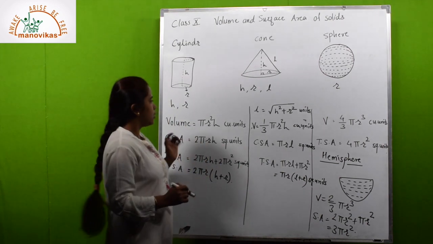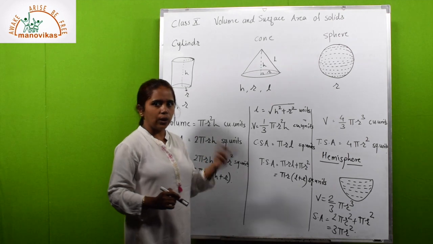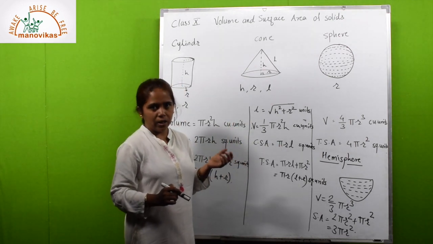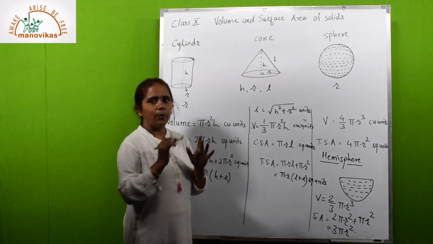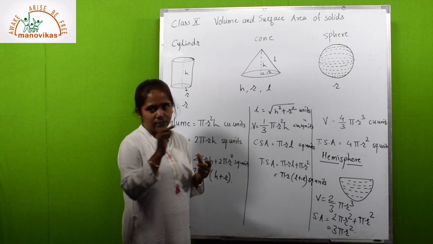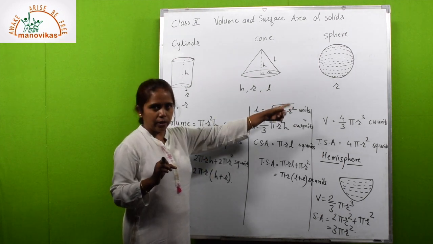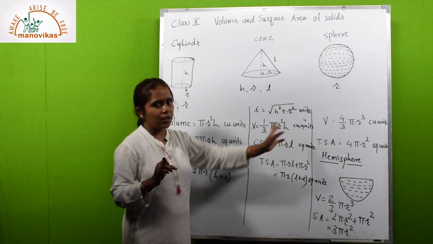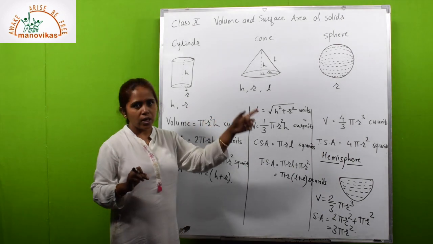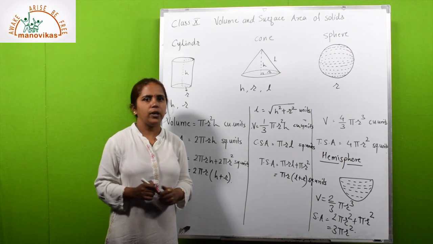Okay. So these are the formulas for these three solids. There is one more part in the sphere, that is spherical shell. Like for example, shape like a donut, or you have the solid rings like that, you get the spherical shell. Okay, those formulas are also given in the textbook. Okay, this is all about the cylinder, cone and sphere. According to the formula, we'll do the problems from the exercise.